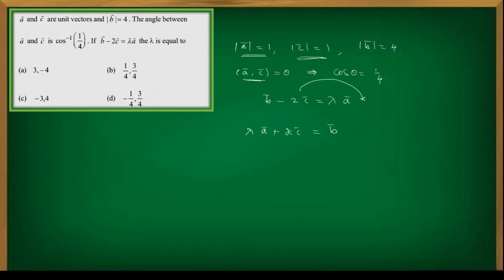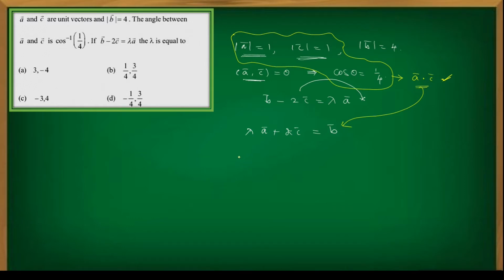Right? Now whenever you want to use this data, mod A bar is 1, mod C bar is 1, and the cos of the angle between them is theta. If you want to use this, you will get A bar dot C bar. This we can find. Now how do you get that A bar dot C bar here? If you square on both sides, that can be obtained.